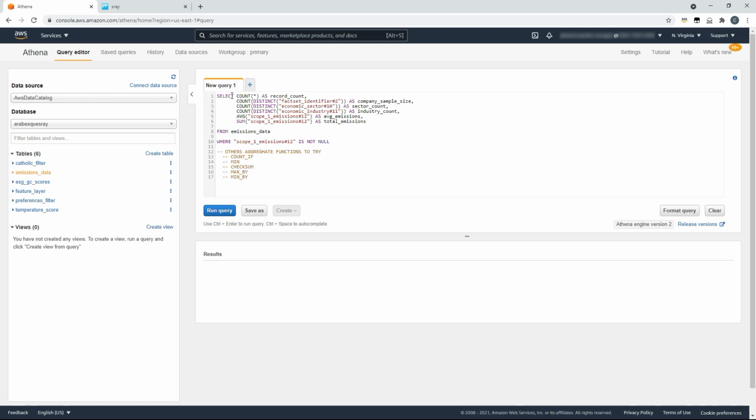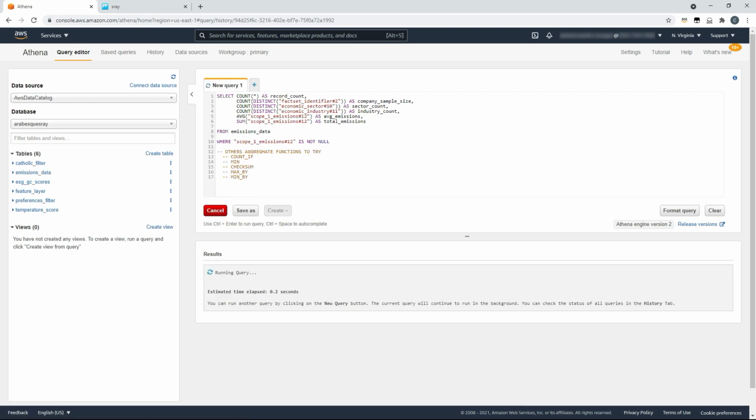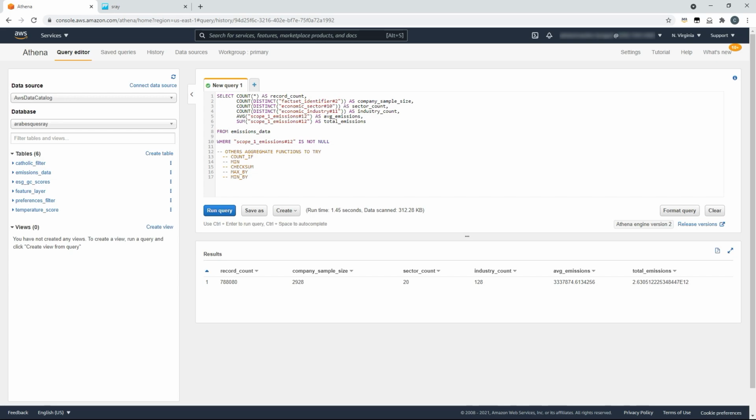So here, I've created a query that will aggregate a number of different fields from within that data set. Firstly, I'm going to count the number of records. I'll then count the number of distinct FactSet or company identifiers within the data set. I'll do the same for the sector and industry to understand their makeup. And then I'll take an average Scope 1 emission score across all of those organisations and sum those Scope 1 emissions. I'll do that from the emissions data table, and I'll do that where the Scope 1 emissions data is not null. If we query that data and run that query, we can now see that we have over 700,000